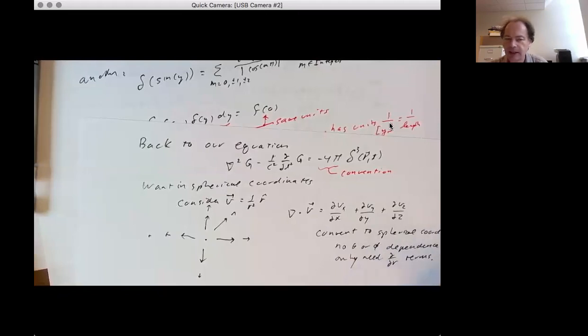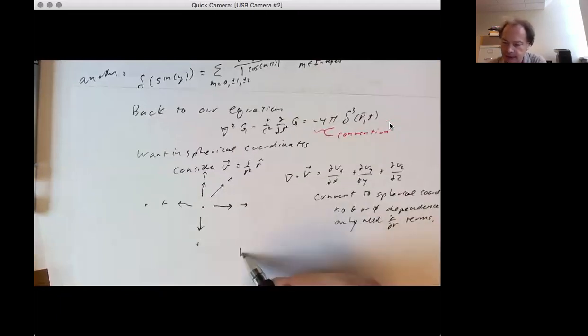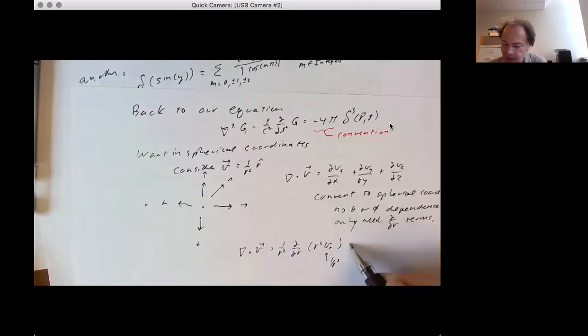Again, if you go to my lecture on converting, we need the divergence in spherical. You can go and look that up. And what you find is del dot v is equal to 1 over r squared partial r of r squared v sub r. V sub r, of course, is 1 over r squared,